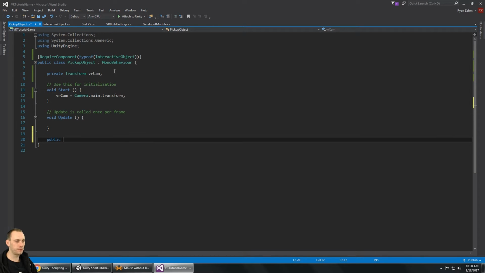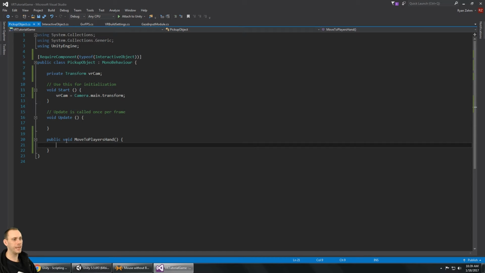And we're going to need a public function for move to player's hand. We'll make it return void for now. And when this happens, we want to set it as a child of the main camera. So we'll say transform.parent is equal to VR cam. And we're going to want to set the position and the rotation